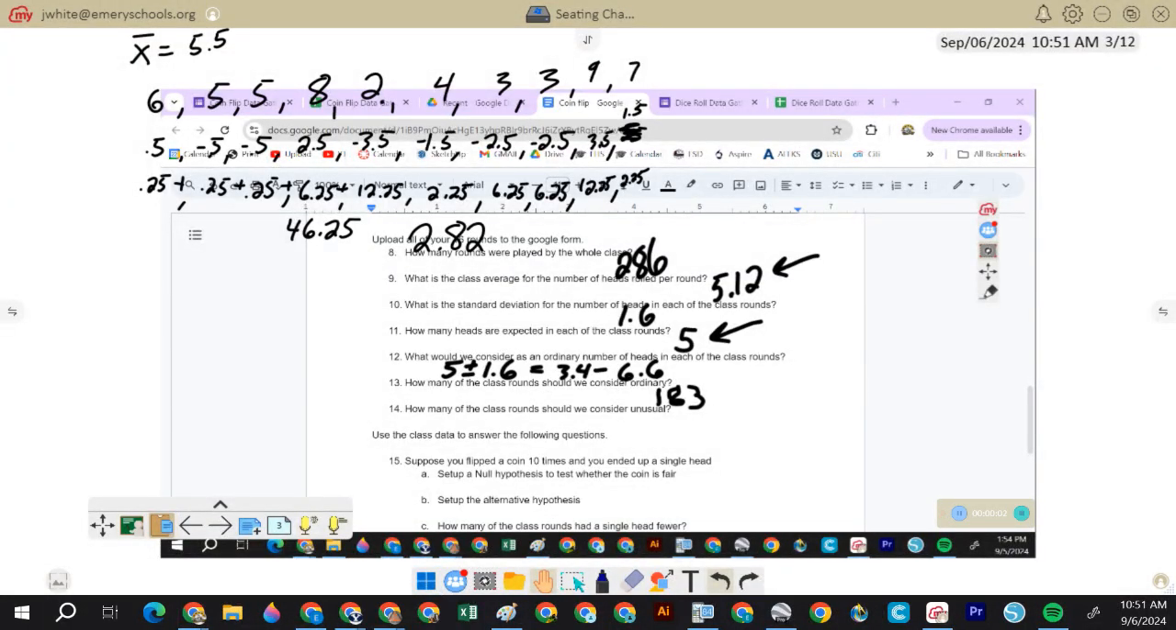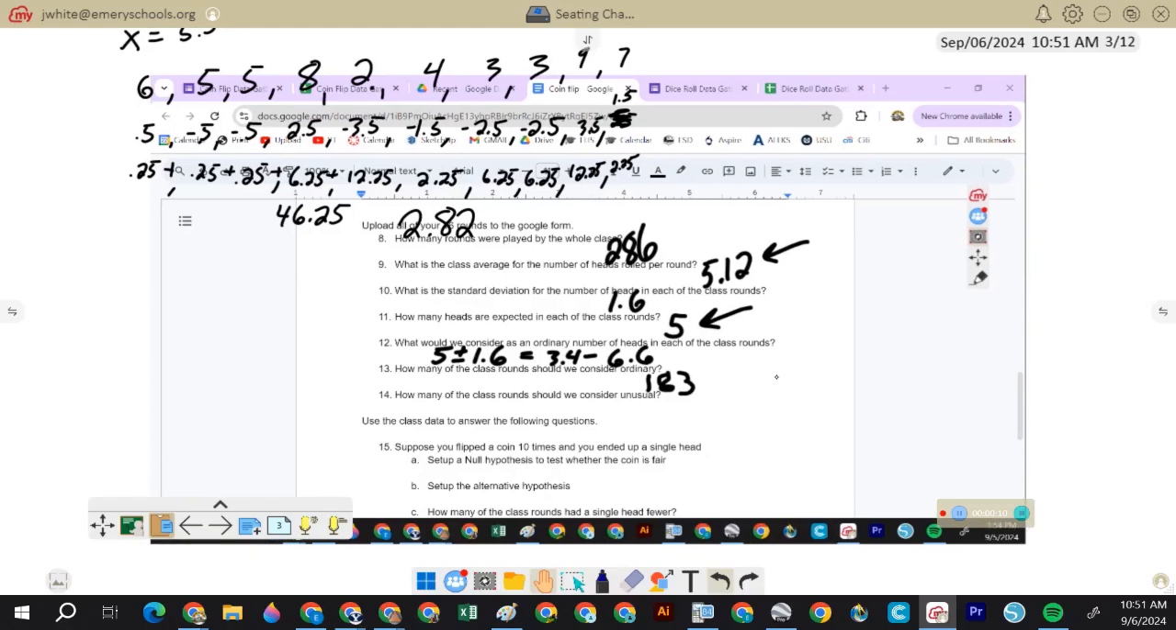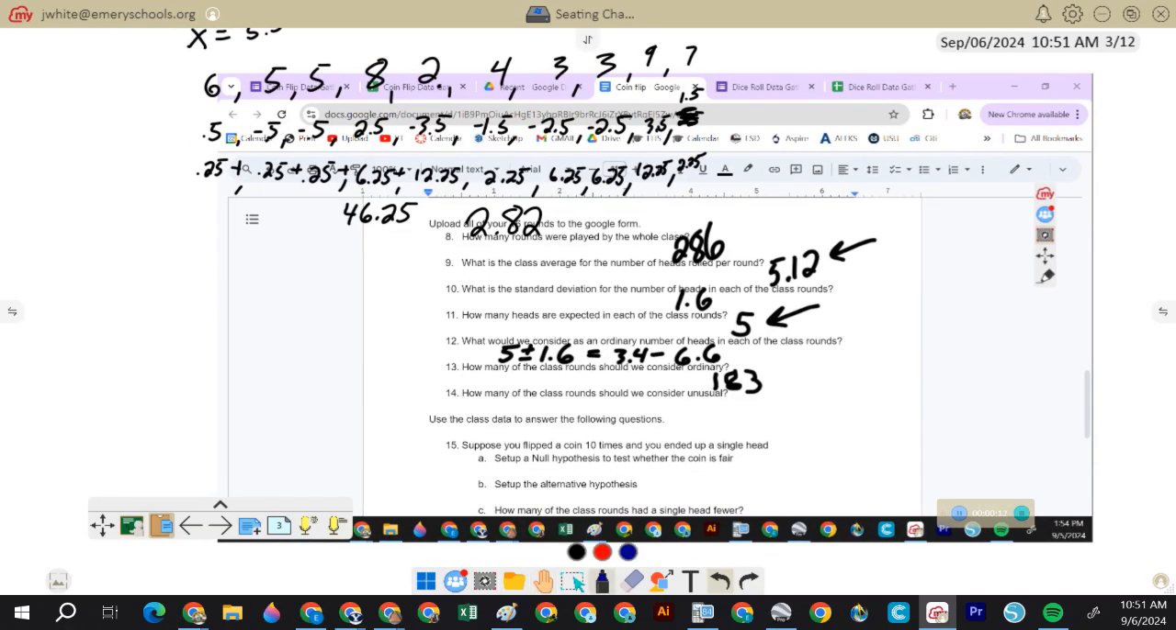Okay, so yesterday we were working on 13, and we decided that, oh, that's not the right button, this is. We ended up with 183 rounds that were between 3.4 and 6.6. We just went on the spreadsheet and we counted up all of the 4s and 5s and 6s. And it turns out that 183